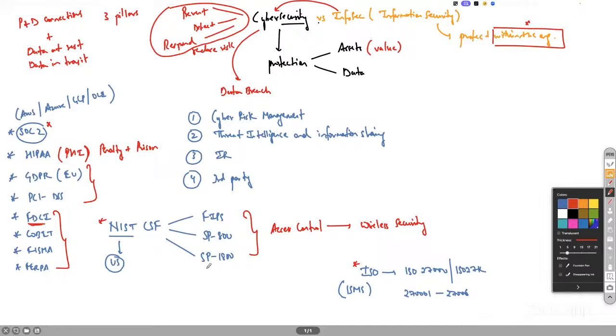Yes, sir. Makes sense. So I have one question. I understood these are the different kinds of frameworks we follow when we are implementing any kind of product in our environment. Suppose we are implementing a Cisco firewall. So Cisco itself, they follow this kind of framework when they are building their products, correct? Like the IPS policy or the malware vulnerability. These frameworks give you recommendations and best practices.